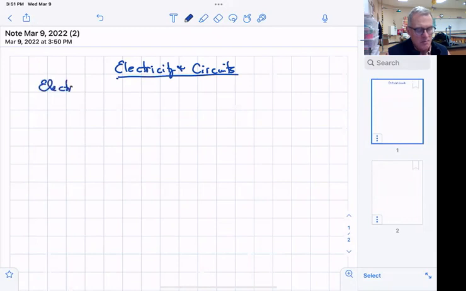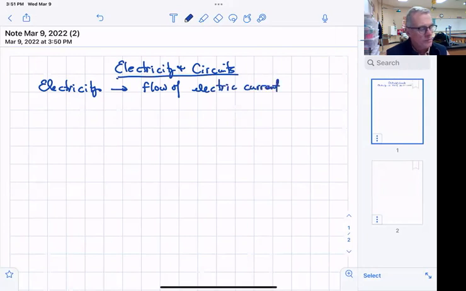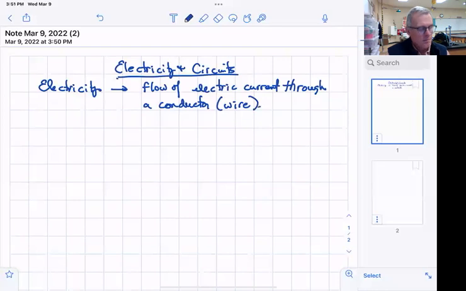So electricity is the flow of electric current through some kind of conductor. Typically that conductor is a wire. And it's a flow of current. Well, current